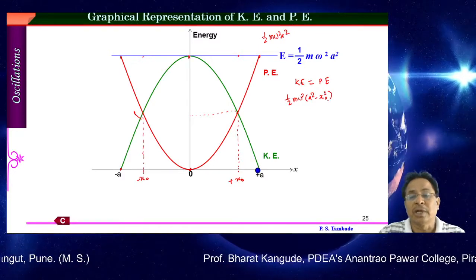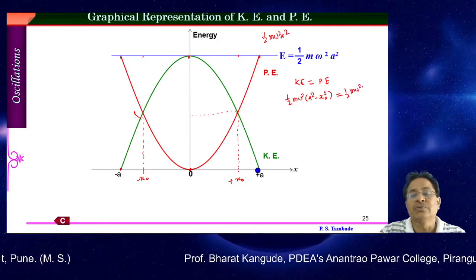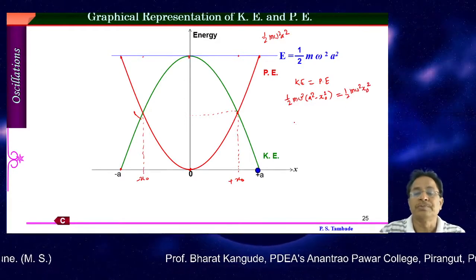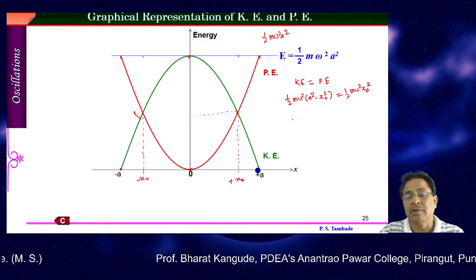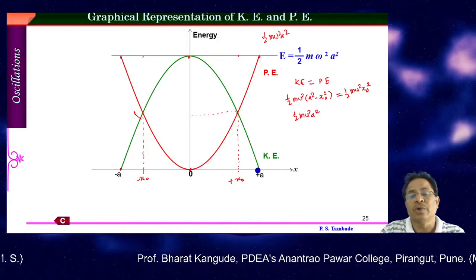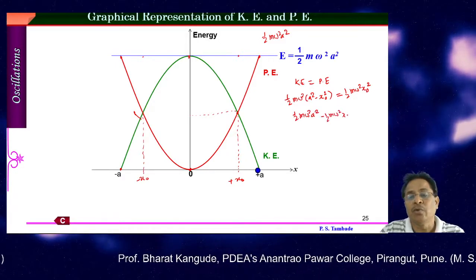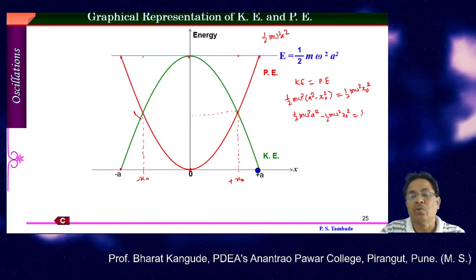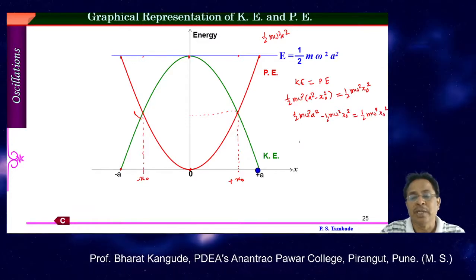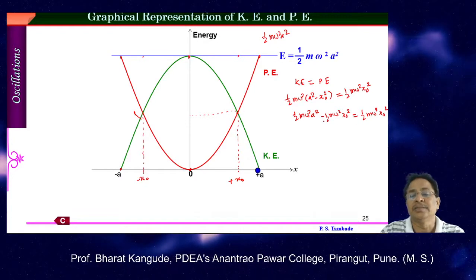This is the expression for kinetic, whereas potential is given by 1/2 m omega square into x0 square. This is the potential. Now, solving this, I'll get 1/2 m omega square into A square, plus 1/2 m omega square into x0 square, is equal to 1/2 m omega square into x0 square. Then taking this second quantity to the right hand side, it is minus here.